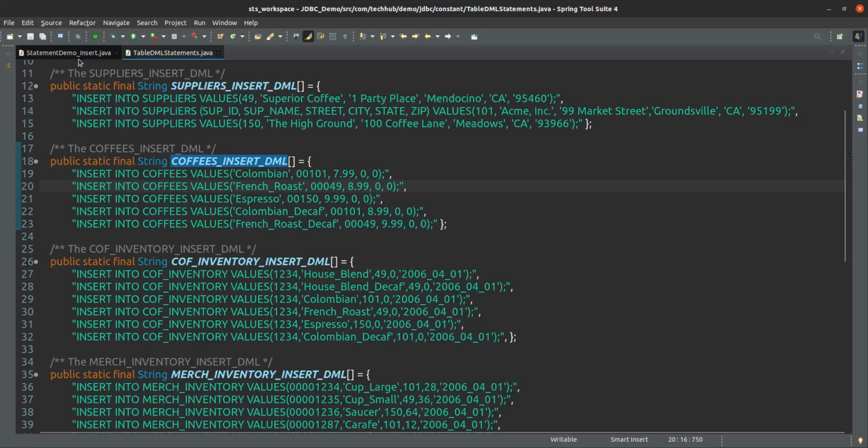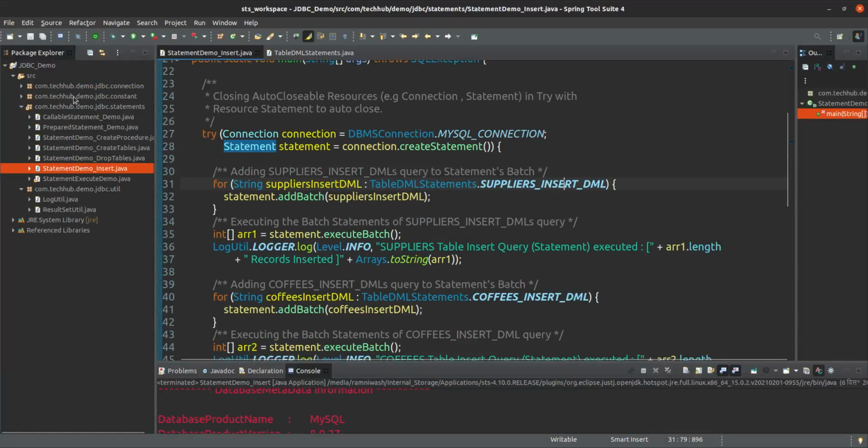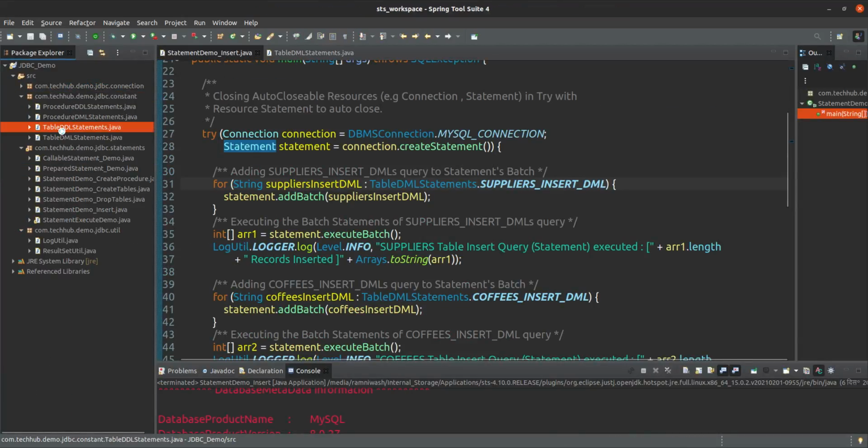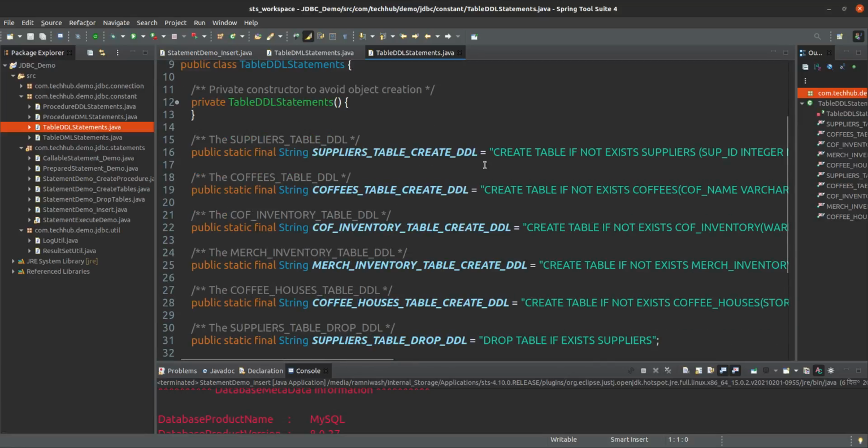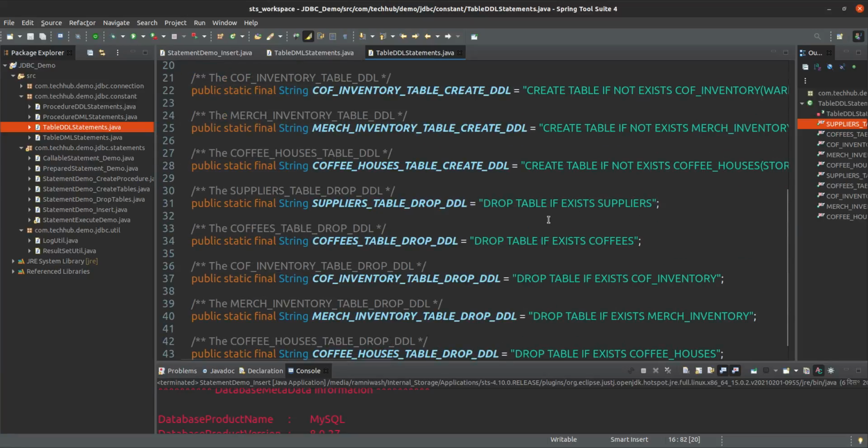In the same way, to create the table we are using some statements. Create table if not exists. So this is the structure of how the SQL query should be. So we have defined the query in that same way. Drop table. So these are the SQL queries, and we will see those separately. You don't need to worry about that if you don't know.